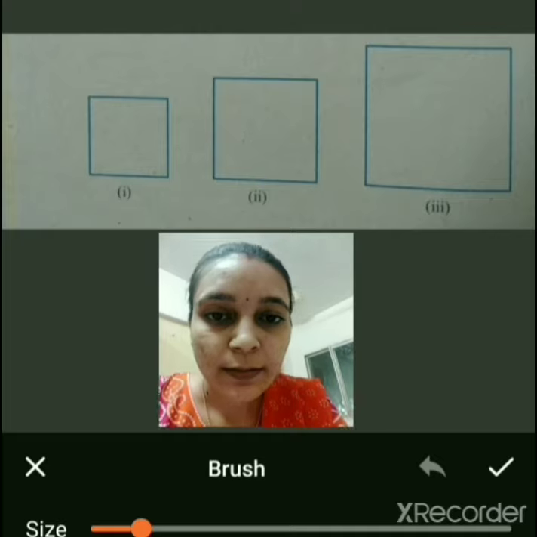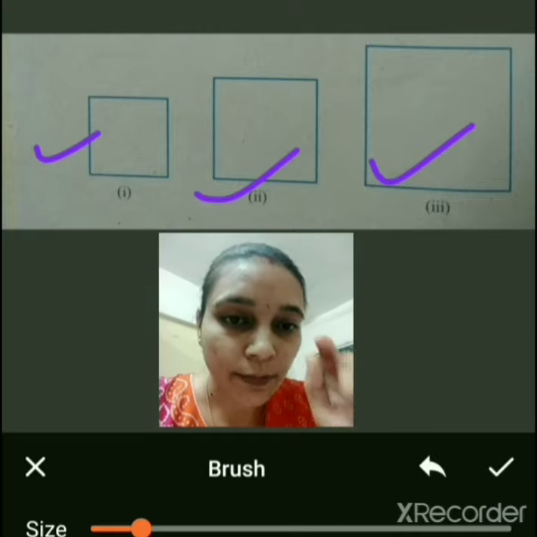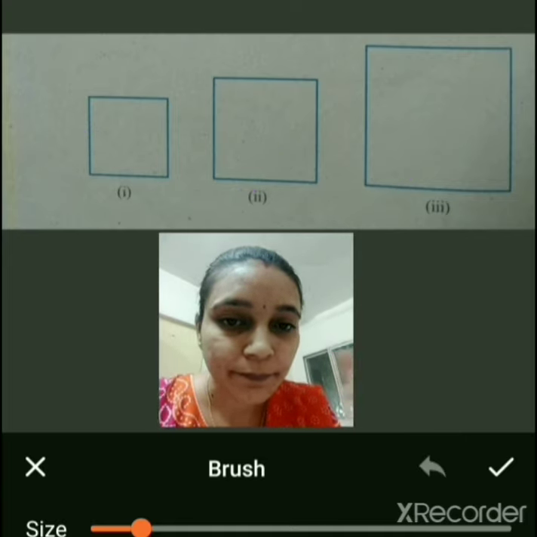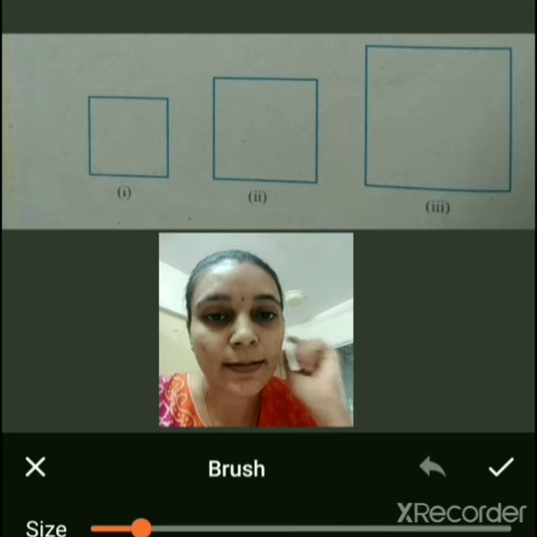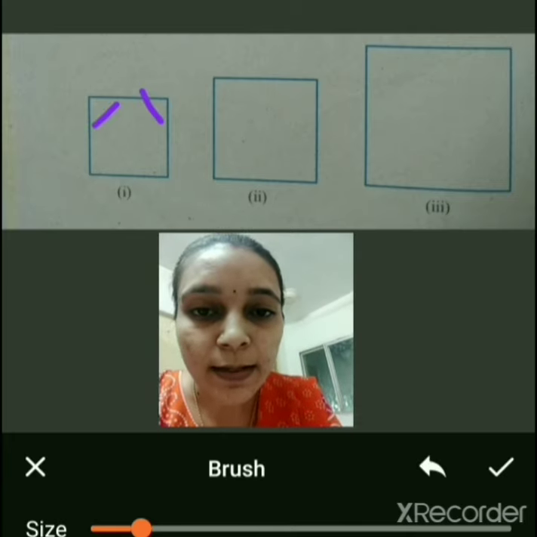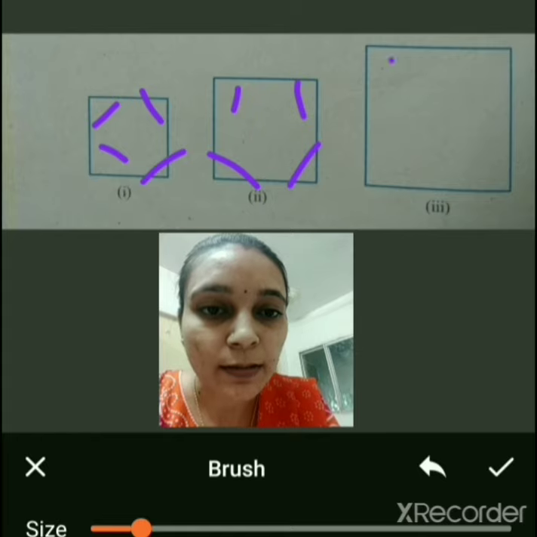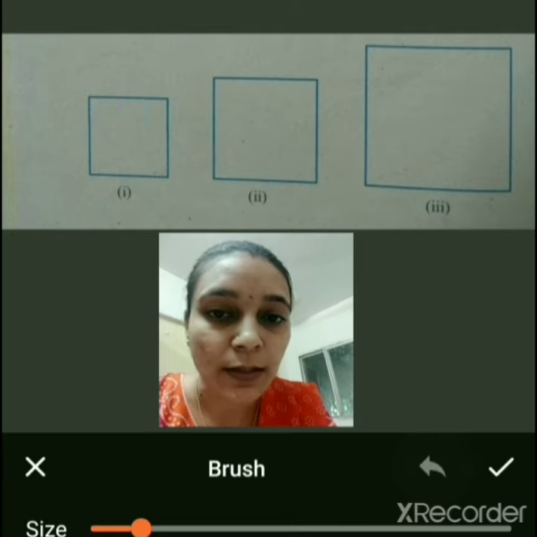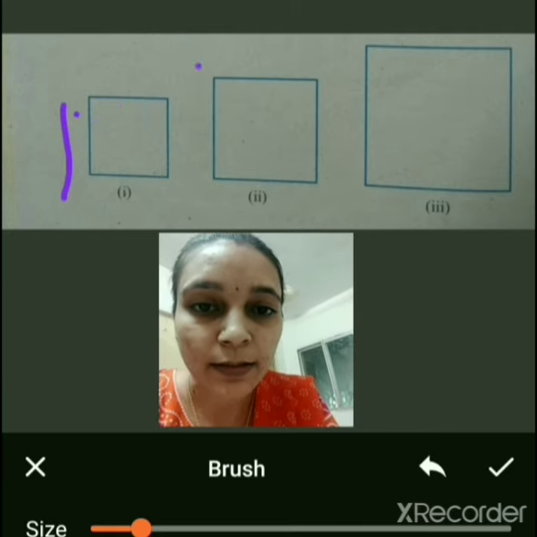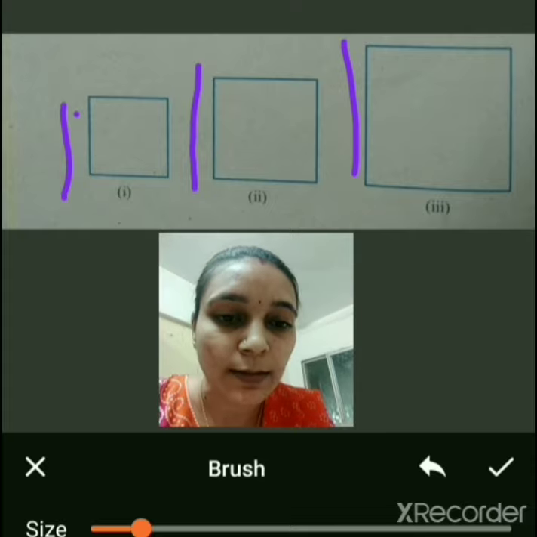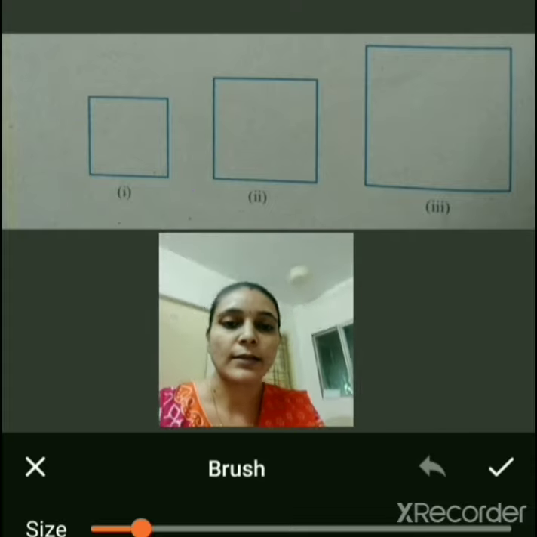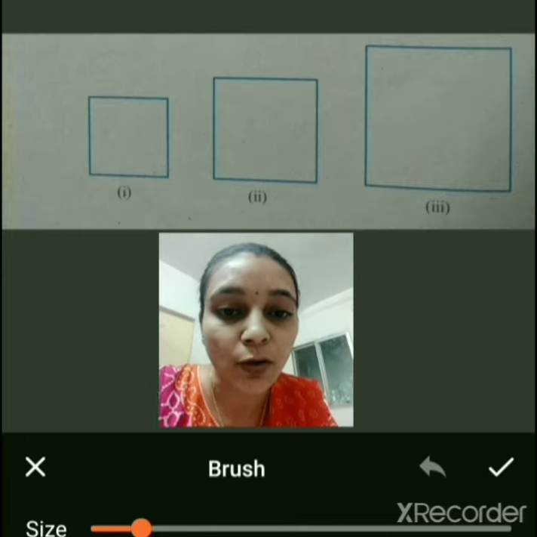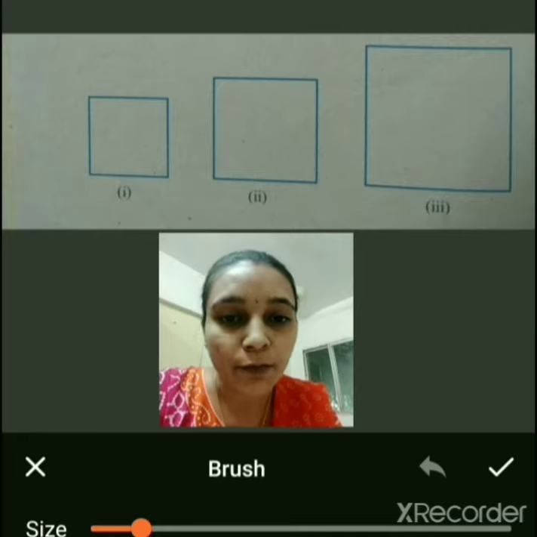Now you see these 3 squares that are given. What do you think? Are they congruent? I don't think so, because though the angles are the same in all these squares, the sides are not equal. You can see this is the side of the first, this is the side of the second, and this is the third. Obviously, visibly you can see these squares are not congruent. So this is an example of non-congruent figures. The previous one was congruent figures.